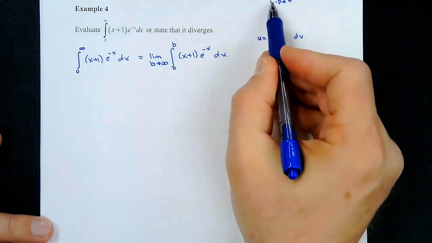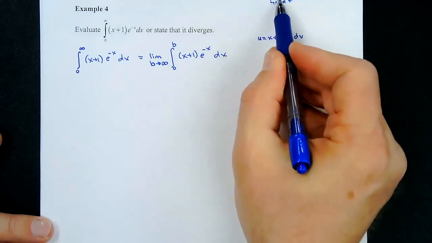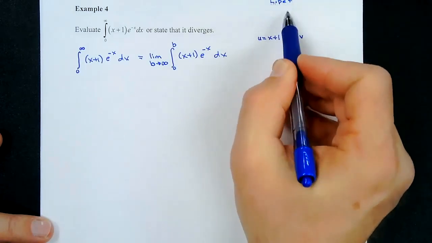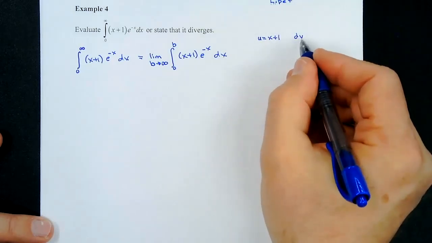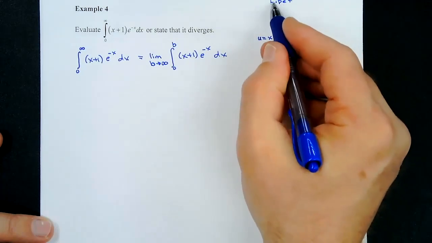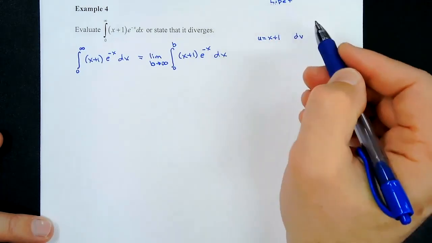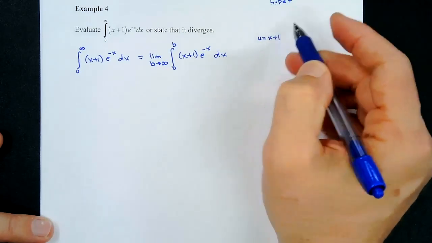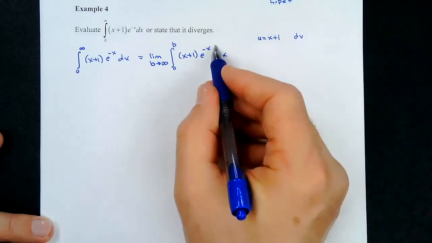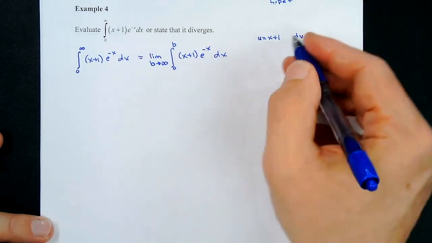So logarithms, inverse trig functions, polynomials, exponentials, and then trig functions. Since we don't have a logarithm and we don't have an inverse trig function, the first thing we have is polynomials. And so dv is going to be the other factor here, e to the -x